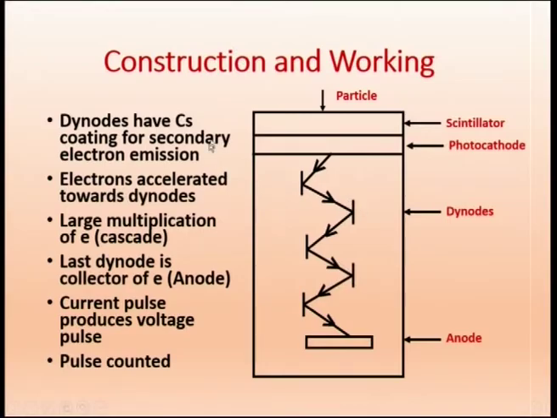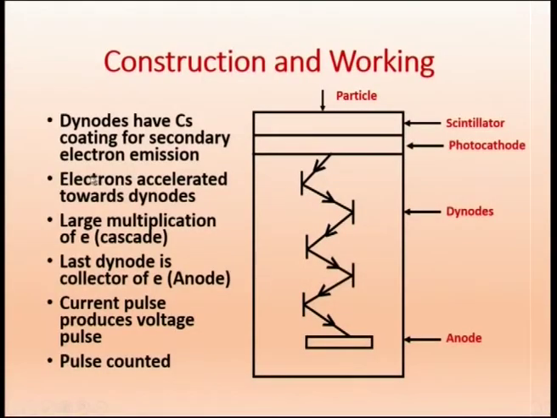Here Cs is able to give secondary electrons, and also number of diodes. Here we have just shown in figure a few of them, maybe 1, 2, 3, 4, 5 of them, and it can be long. In that case, all of them will get reflected and we will get good multiplication of electrons. So electrons are accelerated towards the diodes because the potential is increasing.